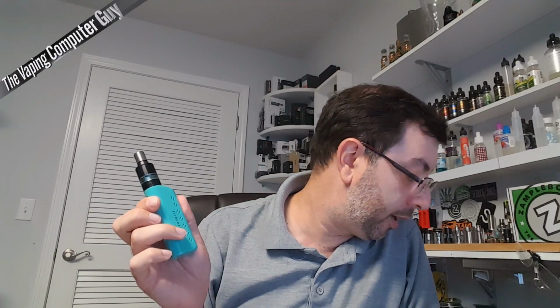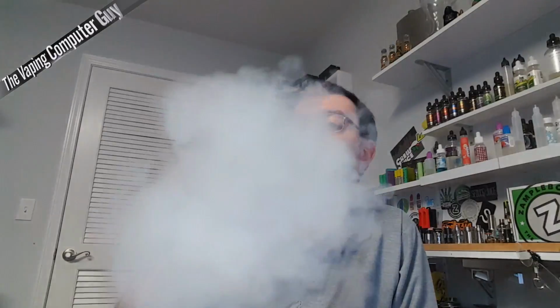With their coils, you really can't put a Clapton in there, or it's got to be really small if you're doing any kind of Clapton coils. Right now, I just have 8 wraps of stainless steel on, I think, 2 millimeters. I forget what it was. Whatever I could fit in there. And she's vaping good. On my own build, the taste isn't as